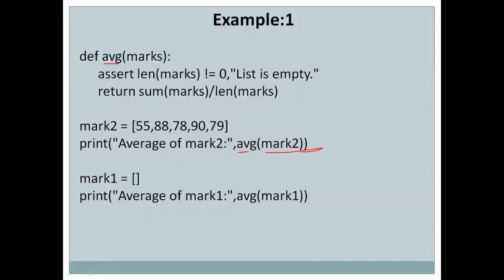and when we call the average function, this goes to the average function. And in the average function, if you see how we have used assert statement, in the average function we want to check first the input, if the input received in the average function is proper or not. To avoid any further problems, we can use assert statement for that, to check the state of computation here. So assert, we are checking length of marks, the variable which is received here, is not equal to 0